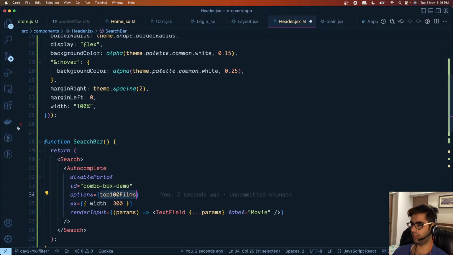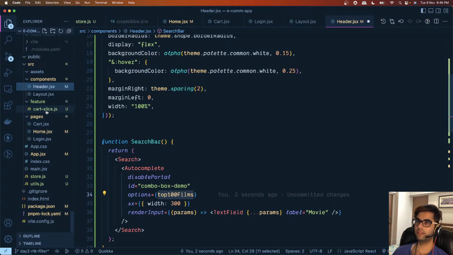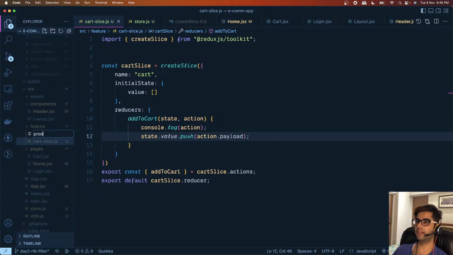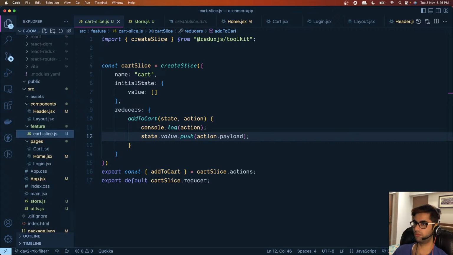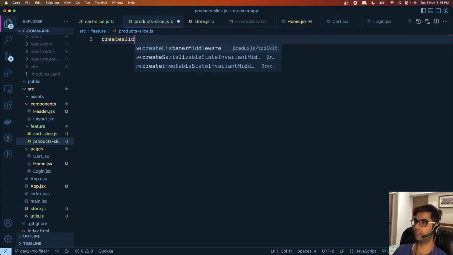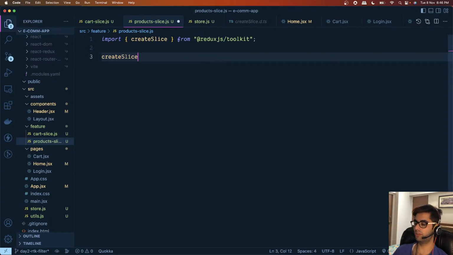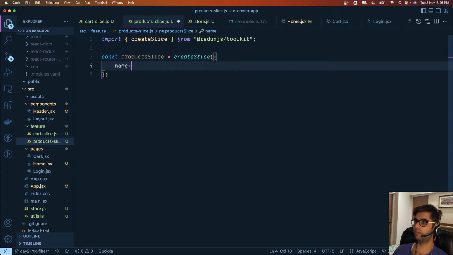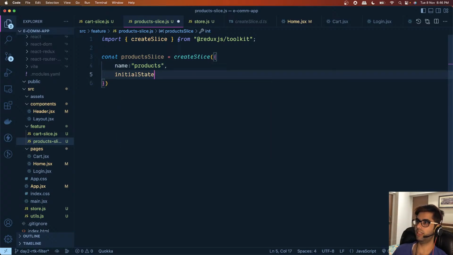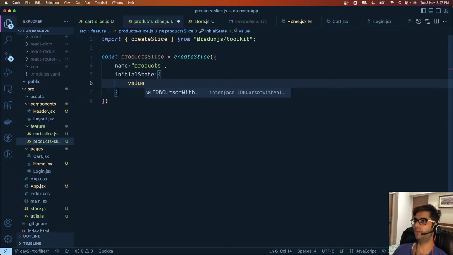Okay, so we'll go inside the feature, we'll create a slice for managing the products, right? So we'll say productSlice.js. We'll use the createSlice function, and we'll say const productsSlice equals createSlice. We'll give this a name which is products, right? And let's give this initial state. So the value for the products is an empty array,